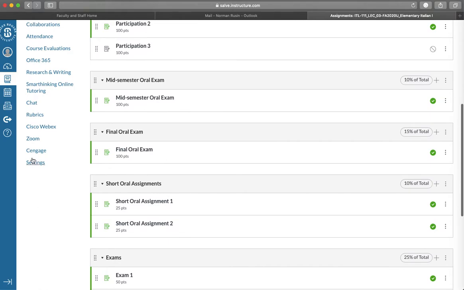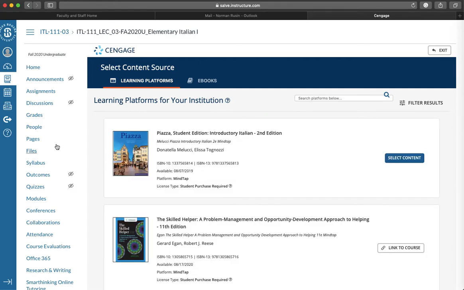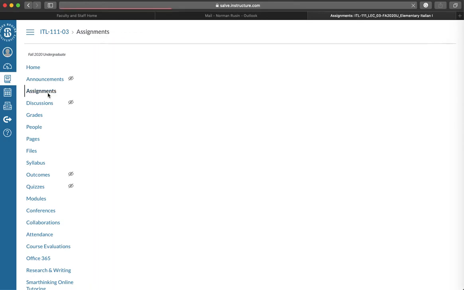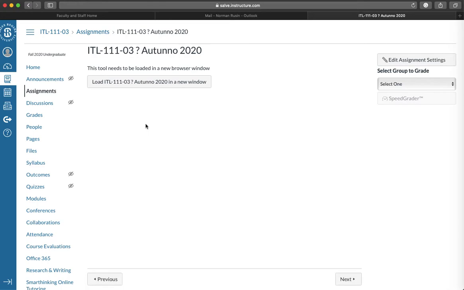They will have the Cengage button here, and from here they will be able to access all their homework without the need to go to the MindTap website. So they just will need to click this button here, and this will bring them to the MindTap website, and their grade will be reflected into Canvas immediately as soon as they